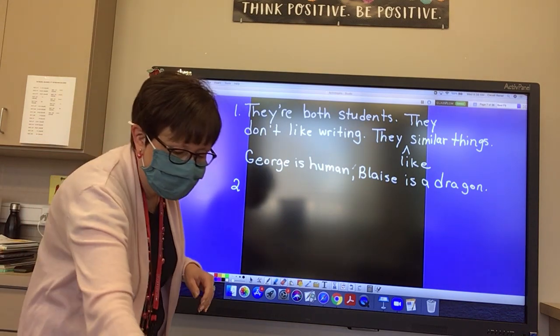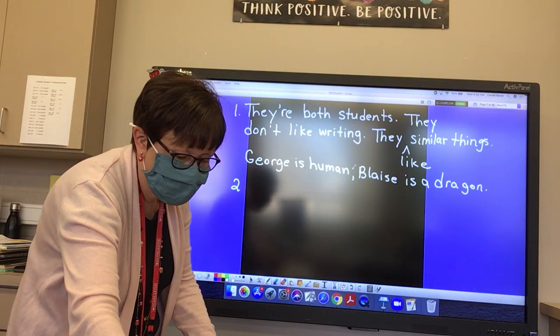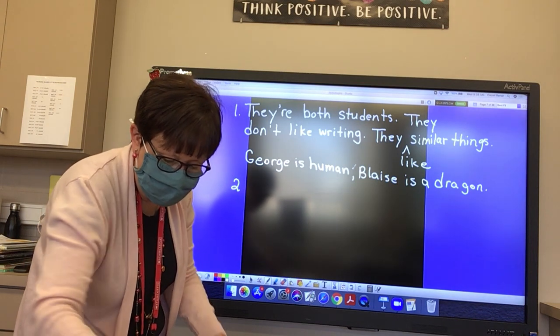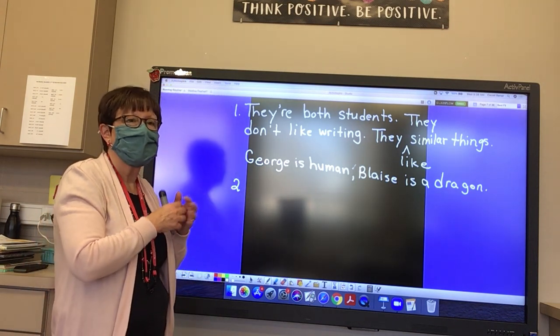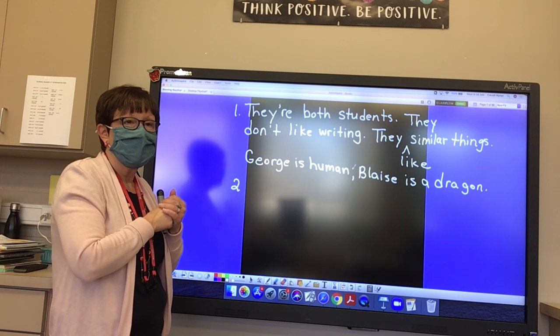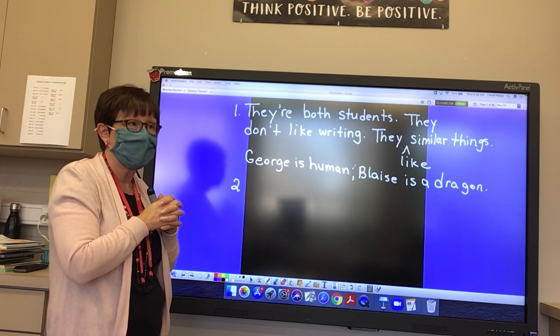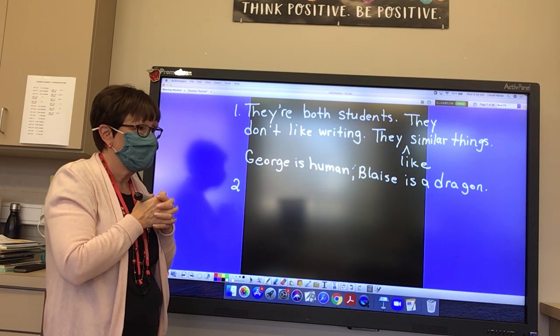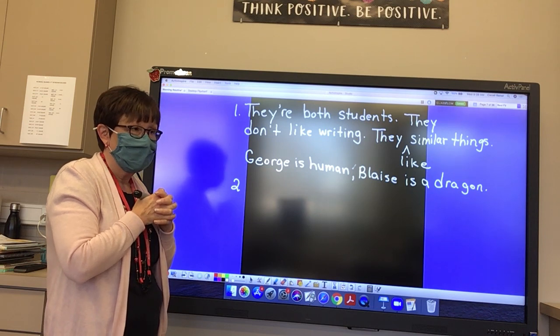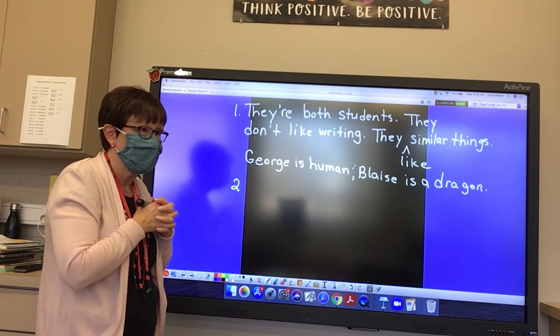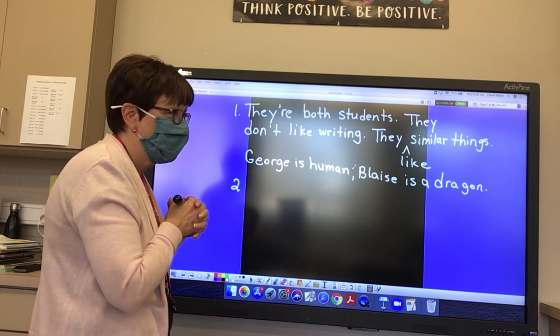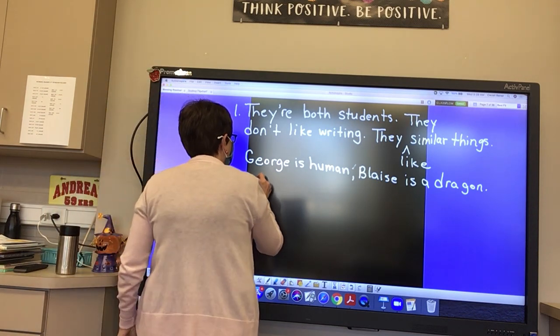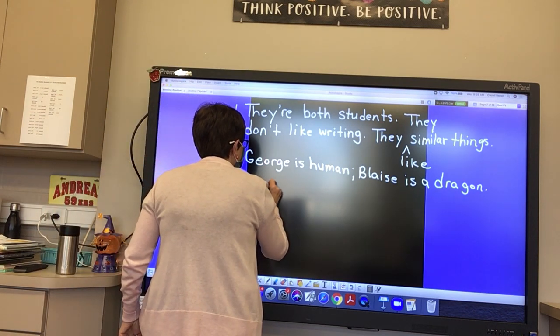Okay, Aleph? They're good friends. You think they're good friends? They think they're good friends. Okay, what else do they think? Yes, Kelsey? George thinks that Blaze is a human and Blaze thinks George is a dragon. Yes. Okay, so George